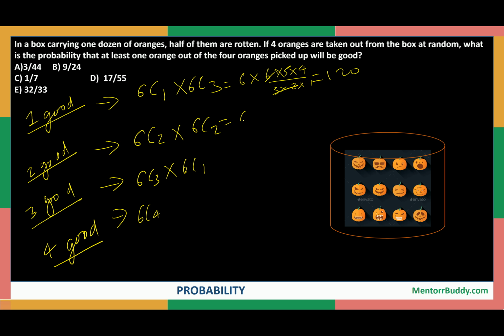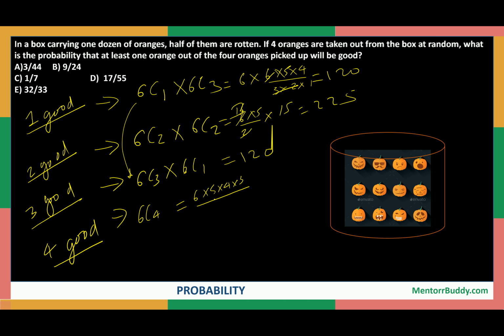Similarly, we will calculate this: 6 into 5 upon 2 into 1, so it will become 15, into 15, right? So 5 into 3 is 15, 15 into 15 will become 225. Clear? Similarly, we have already calculated 6C1 into 6C3 in the first step, so that will be equivalent to 120, and 6C4 is 6 into 5 into 4 into 3